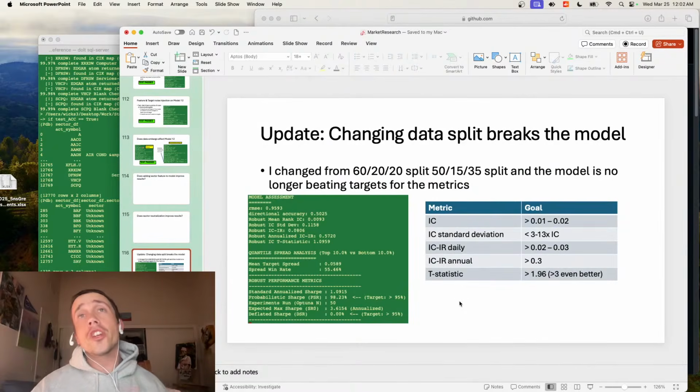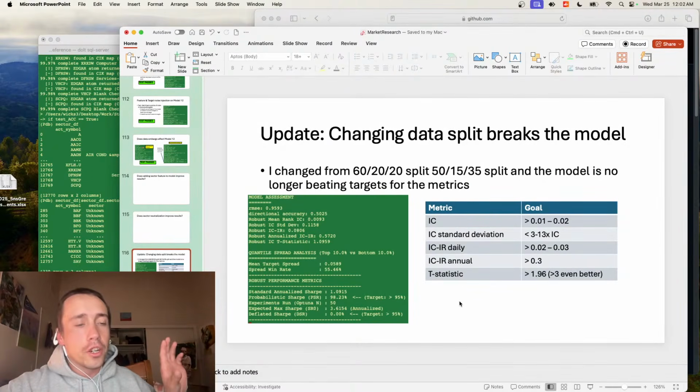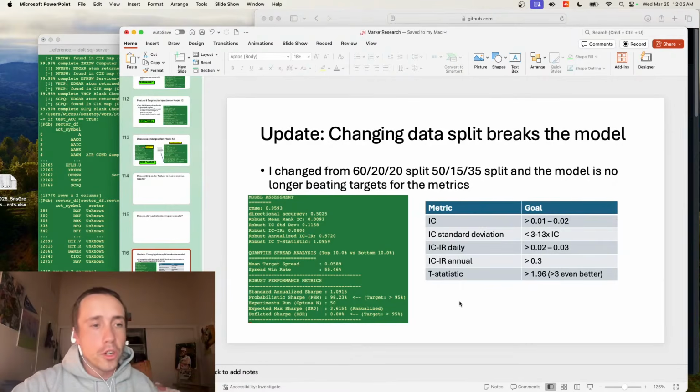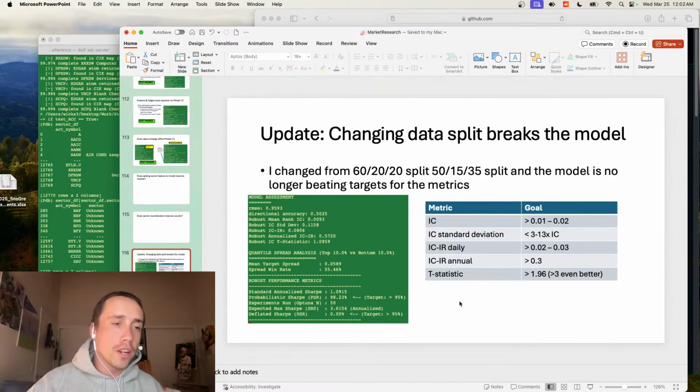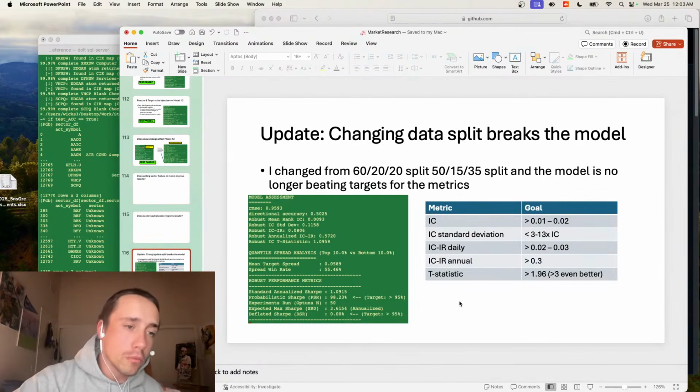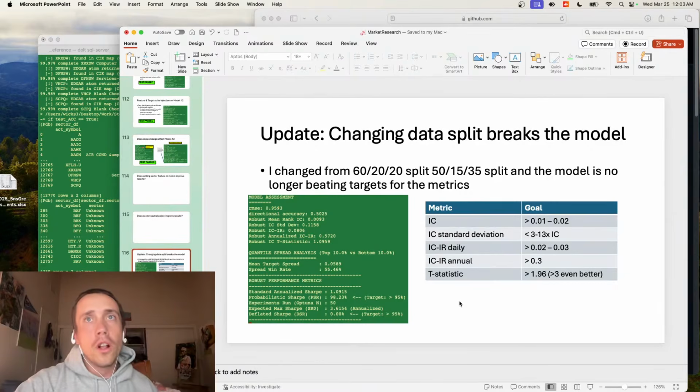However, I changed the data splitting so that I'm training on the first 50% of data and validating on the next 15%. Validation is how you train your hyperparameters. You let the model run a bunch of times and try to find which parameters are giving you the best results. Then when you do your actual training for the model, you do validation first, tuning the hyperparameters. Once you get some good hyperparameters for the model, then you go through and train the data. Once that's done, you test the data.